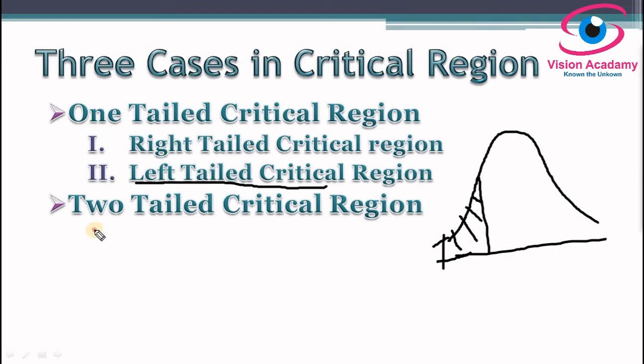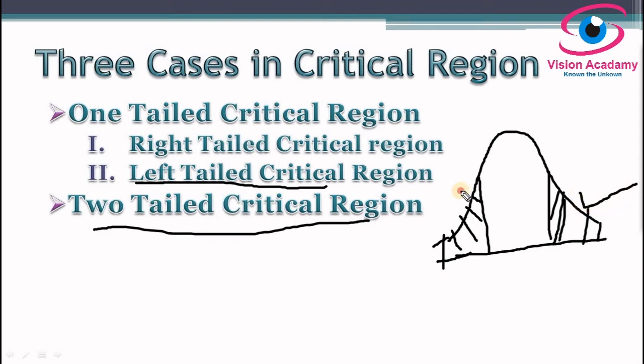And consider the two-tailed critical region. The name itself is indicating the rejection region falls on both sides of the distribution. Consider this sample space, you are in the two-tailed critical region. Critical region in the sense rejection region. Two-tailed means two-side critical region. There is a possibility of two-side rejection of the null hypothesis. So two-tailed test, two-tailed critical region means the rejection falling in both sides of the distribution. So left and right both.